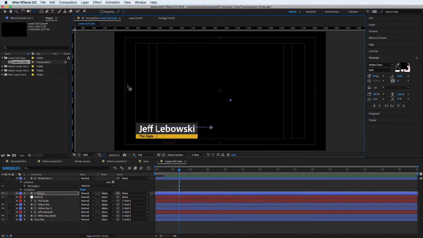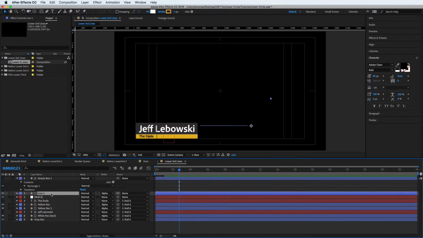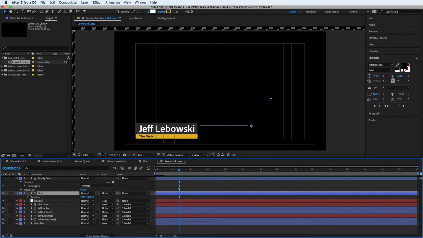All right. Get my selection tool back out. I'm going to slide this line all the way over here so that when we're not in this mode where it's selected, we can't see it. I'm going to click on that line layer again, and then I'm going to hit the P key on the keyboard for the position keyframes, hit the stopwatch,